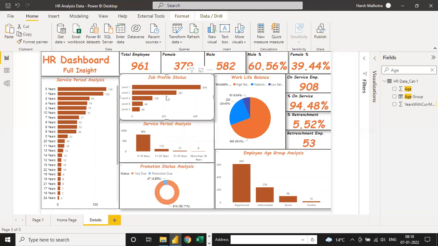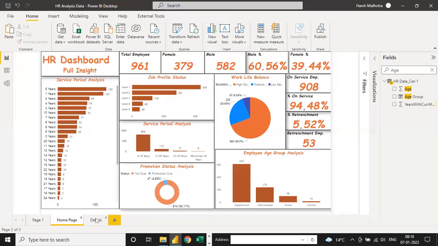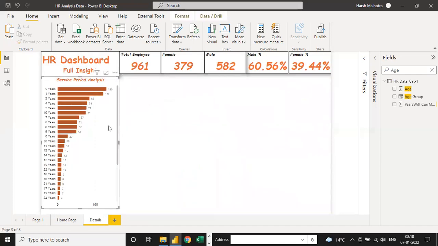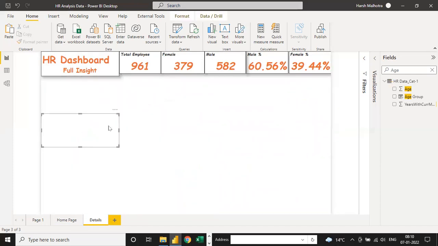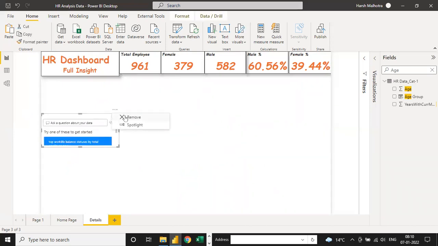So you have to just select all your chart, all this activity, because heading is done. Heading is already there. Just this activity and delete all this one by one. So now you have HR data for service period analysis wise. This one first page is ready. Second page you have to select this and delete. Now you have to make your different page on the basis of detailed page.